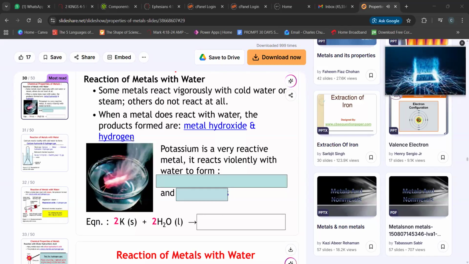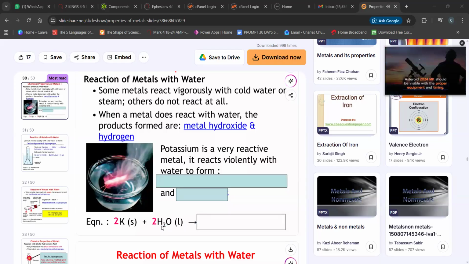Potassium hydroxide and hydrogen. Now, hydroxide is usually characterized by an OH. So if you look at water, water has H2O. Can you see it? Good. Now, if you remember that potassium is just K, by the time on the right-hand side of that arrow, what are we expecting to see? KOH. In other words, that is potassium hydroxide. Now, one of the H is still left. And that H will combine with another H to form hydrogen, H2, hydrogen gas.